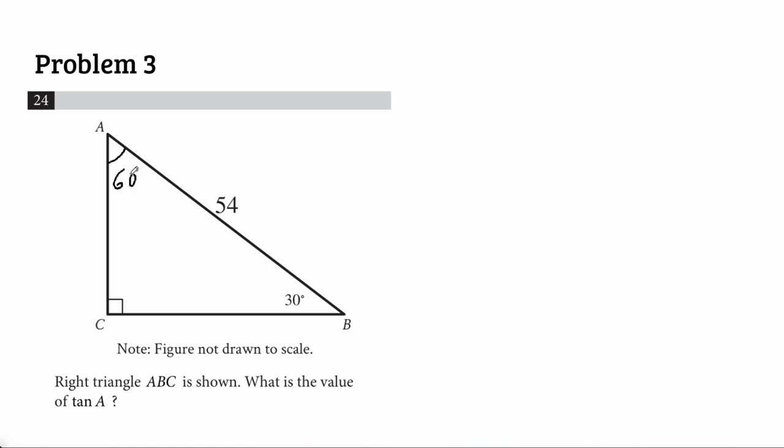So in a 30, 60, 90 triangle, we have some rules we can follow. So this is the 90-degree angle, and we have the 30-degree angle here, and the 60-degree angle here. So the side between the 90-degree angle and the 30-degree angle is going to be x root 3. The side between the 90-degree angle and the 60-degree angle is going to be x, and then the hypotenuse is